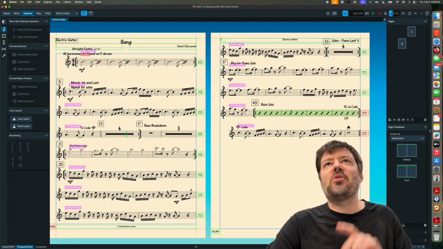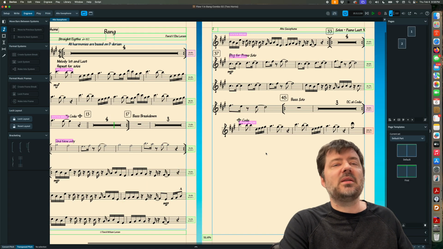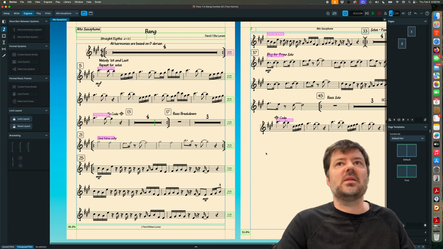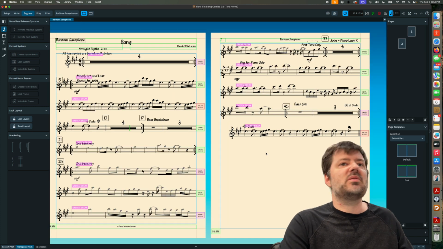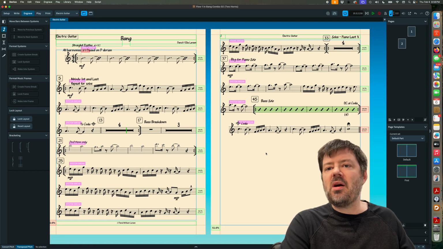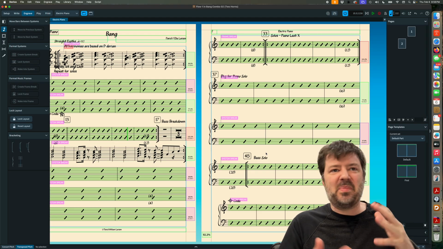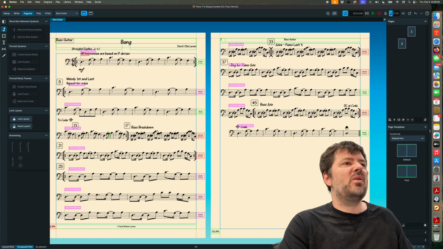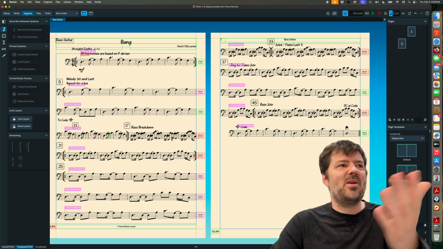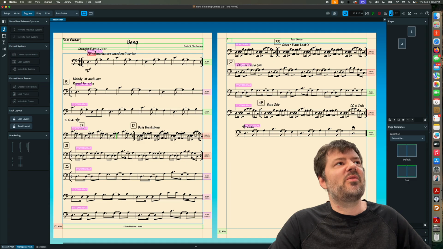Now, there is a little problem with what we did, because you'll notice that the alto sax part looks pretty darn good. Everything looks about where it needs to be. I don't see a lot of crowding. And then I go here to the bari sax part. Again, everything looks pretty okay. And then I go to the guitar, not too bad. But then the piano looks terrible, right? It's all mashed up and everything looks weird. And some of my spacing is wrong. And then if I go to the bass part, look at that. It's all mashed together. And the reason for it is we actually told Dorico to preserve all of our frame